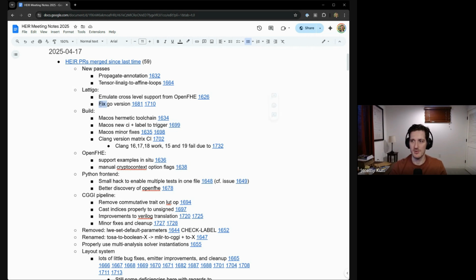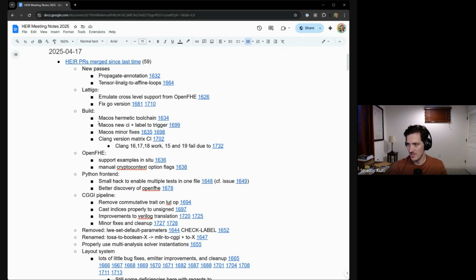And then I was working on my layout thing, and I noticed the Go version was not what I thought it was. It was an older version, so I updated it to a more specific Go version. I did that because a bunch of my improvements to the Go emitter include using packages that haven't been updated in the old version. So like slices.repeat and stuff like that for emitting tensor ops are now using the newer Go standard library.